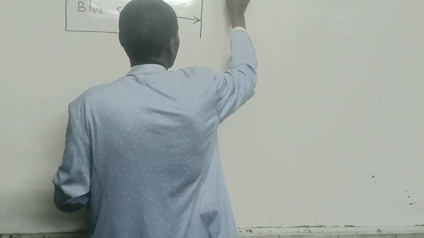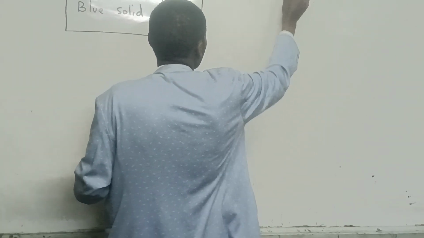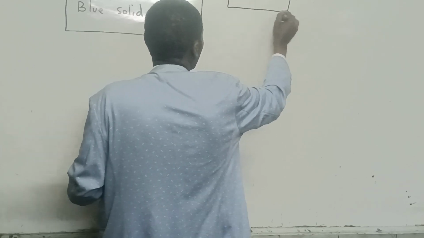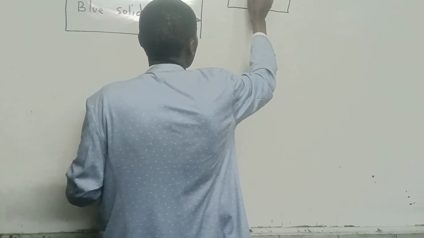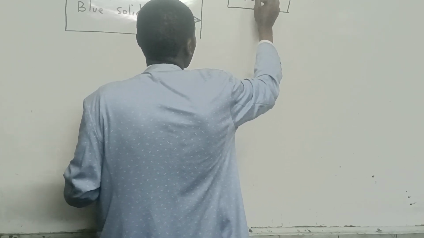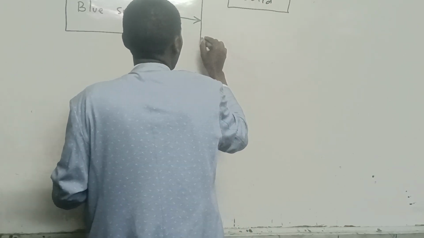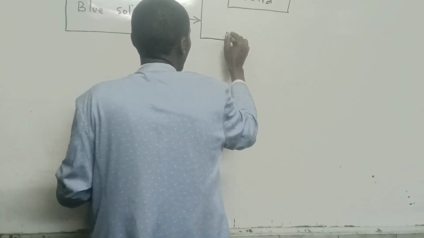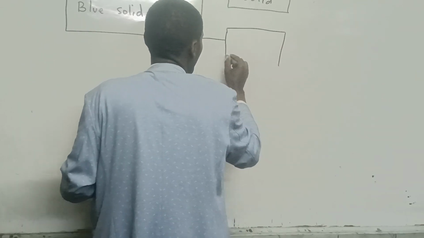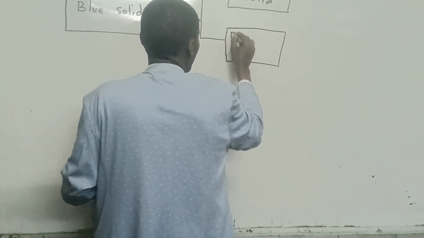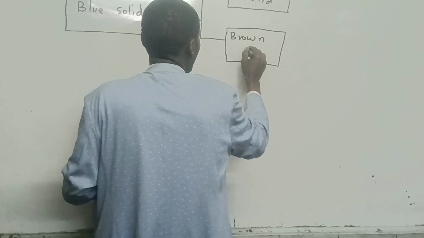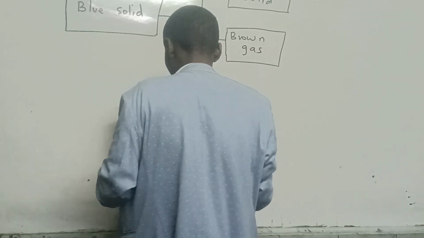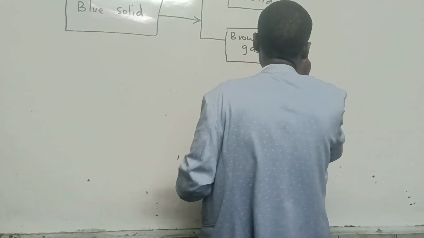So we have this part that is given as the black solid. So this is the black solid. And at the bottom here, we have a brown gas. And this other part has